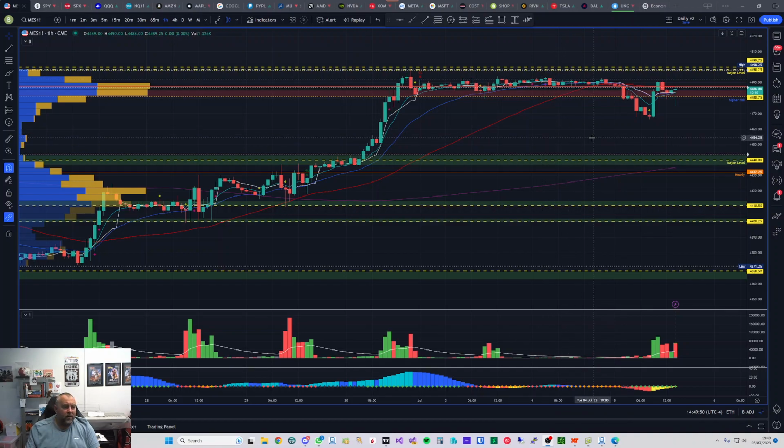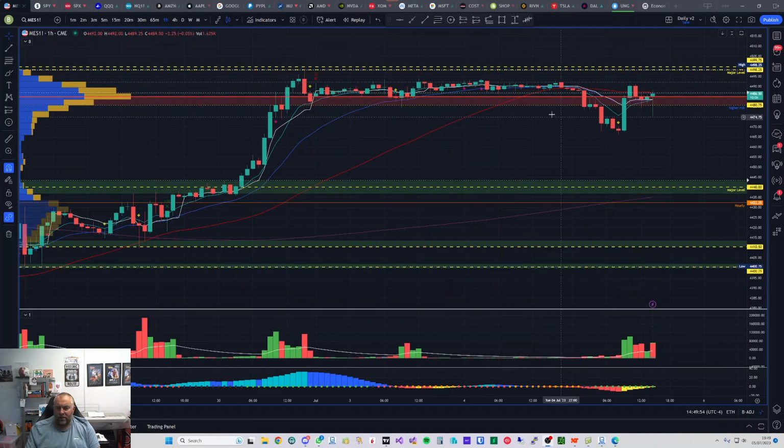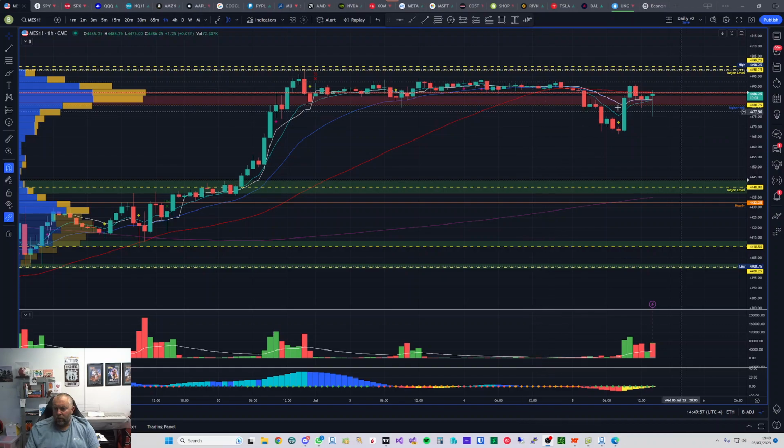So we're currently looking at the 1 hour chart on the MES and I identified this area today, 4480.75, just along here. So this is the area I was watching,